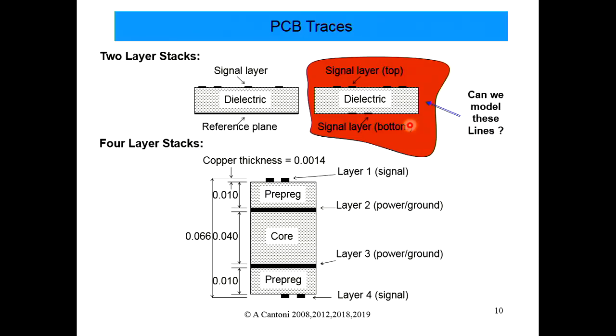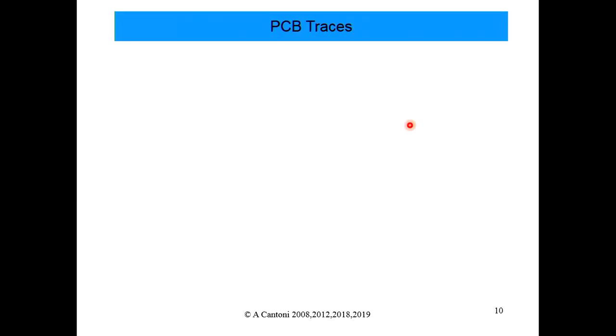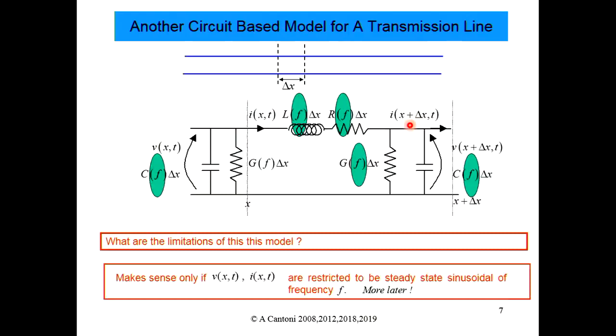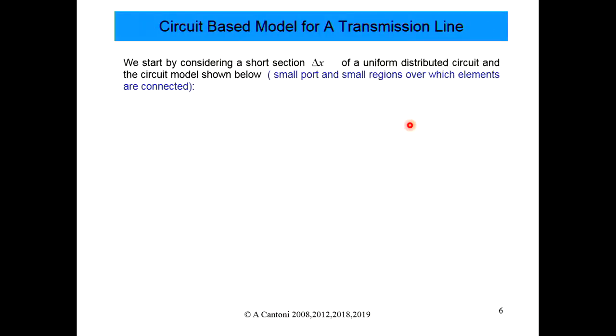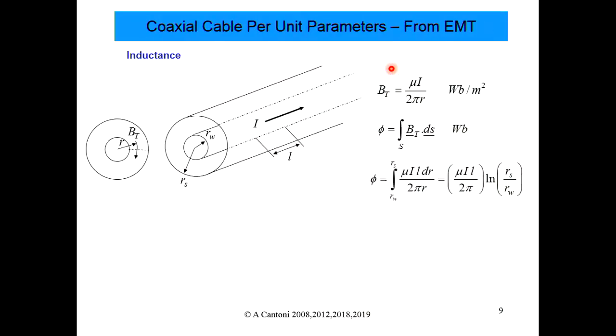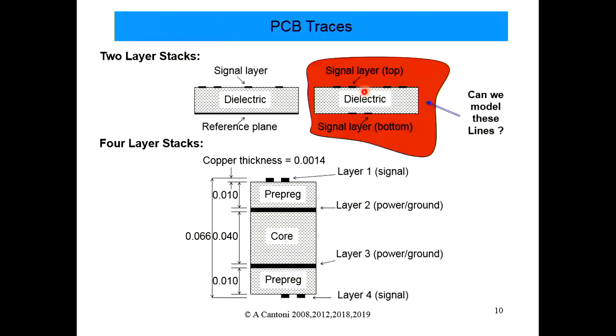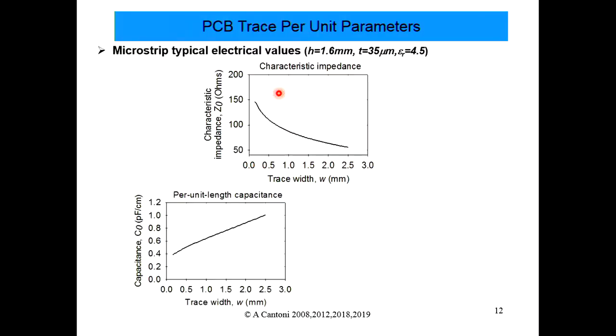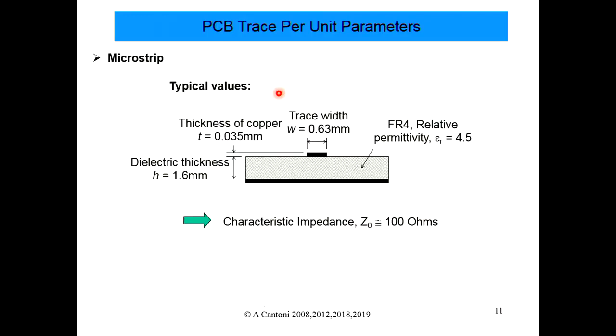It's not uniform, right? So the assumption when we had this model, remember we said, was a uniform transmission line, okay? So all down its length it should look the same, okay? And here it's not, it would be changing everywhere, okay? Whereas on here, for a printed circuit board, go a bit further,